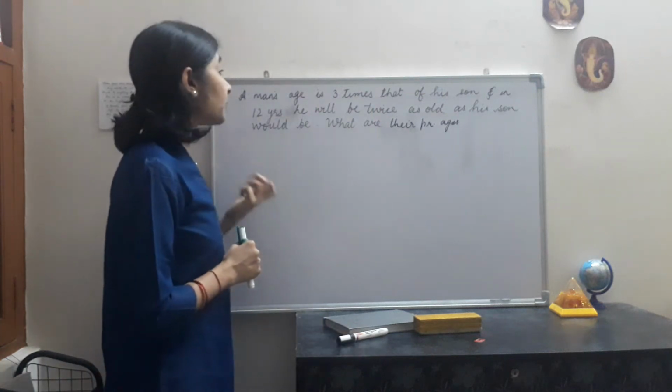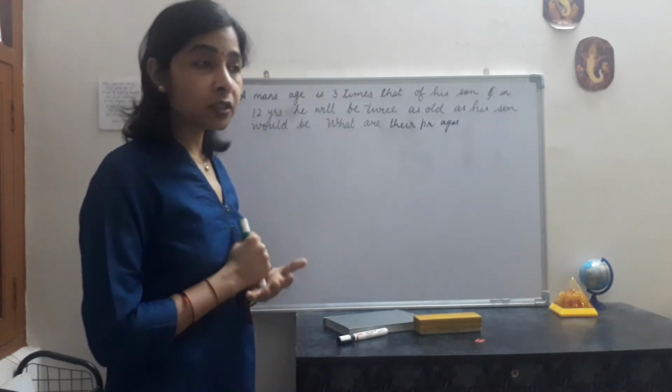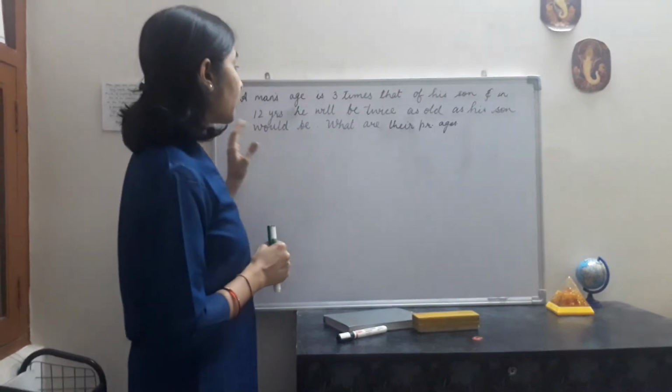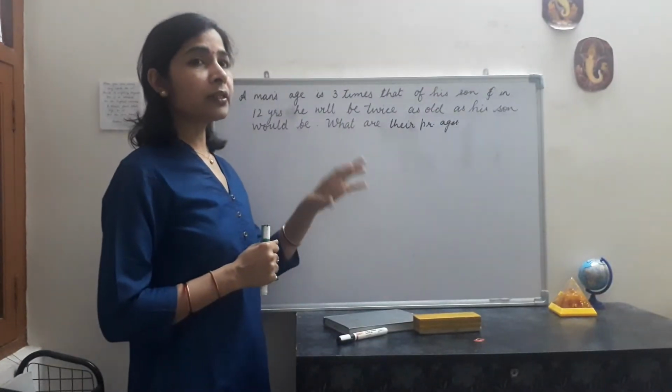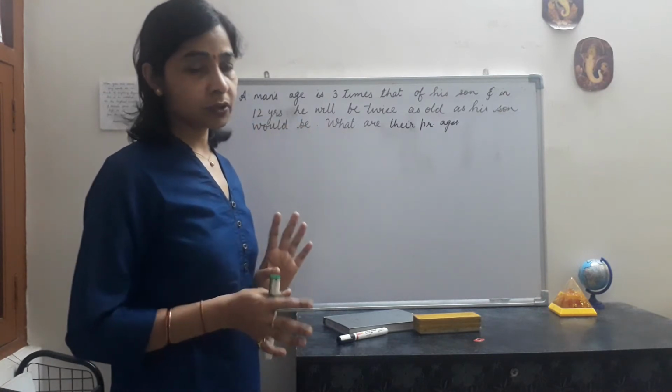So in the previous class we did the problems related to linear equation in one variable, which were most probably related to numbers. Now we are further moving on to the problems. Every type of problem we will take, at least one problem of all the types. Okay. Now first coming to the problems related to ages.